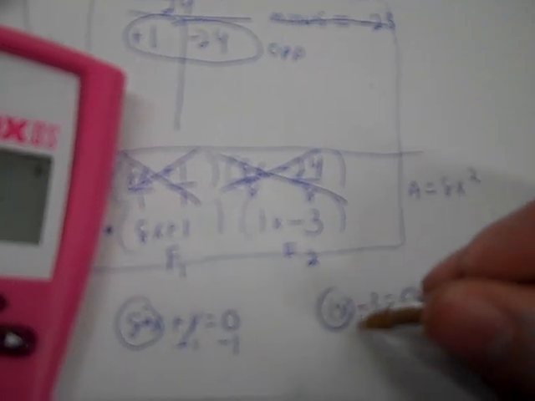Just show your work wherever you can find it. And we're not dividing by 1. We're dividing the negative 1 by 8. So when I'm taking a smaller number and dividing it by a larger number, I'm going to get a decimal. So negative 0.125. And then I add 3,